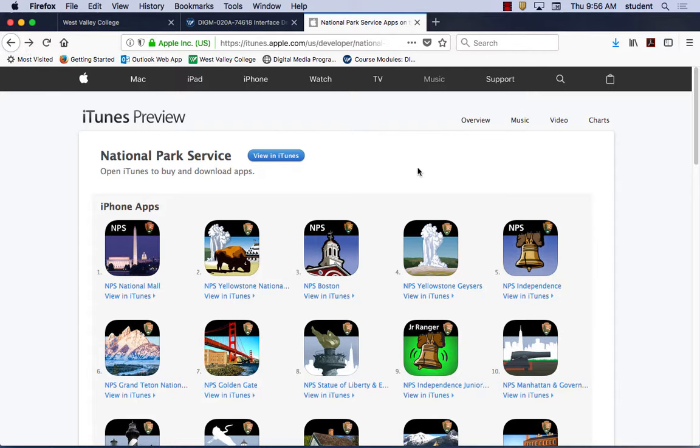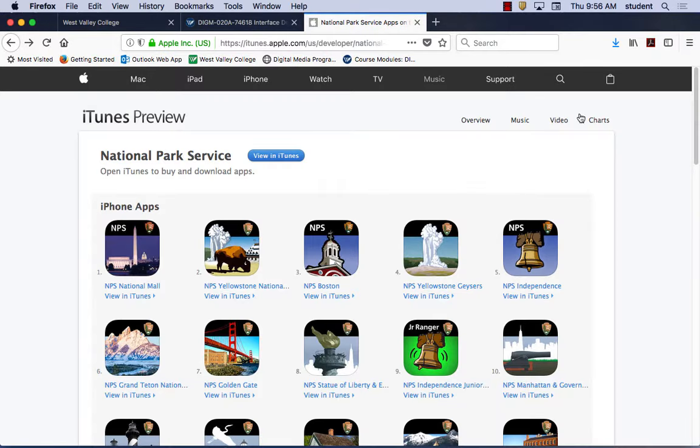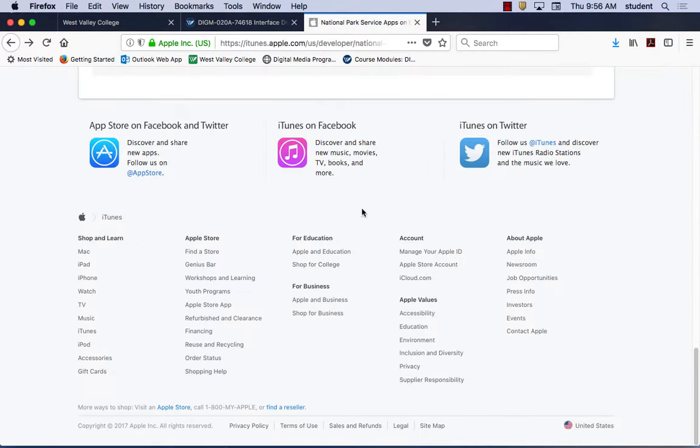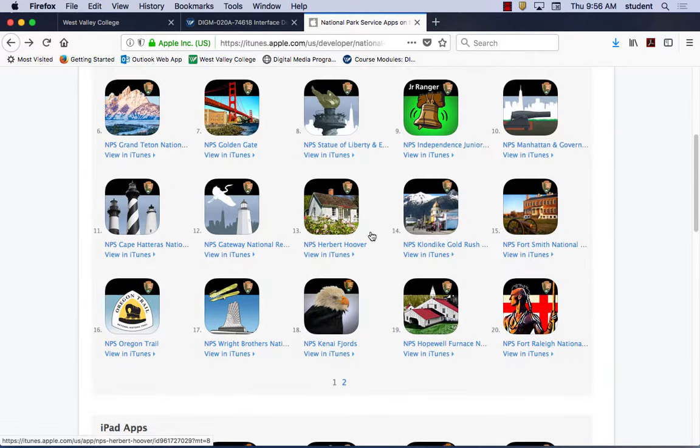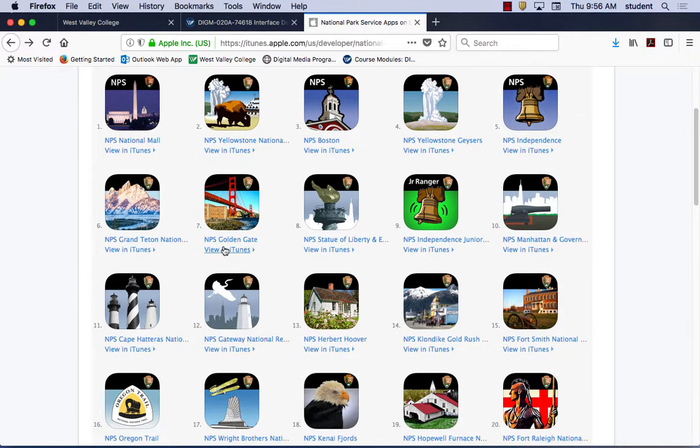So again, I'm in the National Park apps. Let's see. No, I don't want overview. Oh, here, no. There is a page that actually has a list, a directory of all of them. I'm sure we'll find it, but let's move on. So again, it lists all the national park apps that you can see there. These are probably the ones put out by the government. As you can see, I think these are official